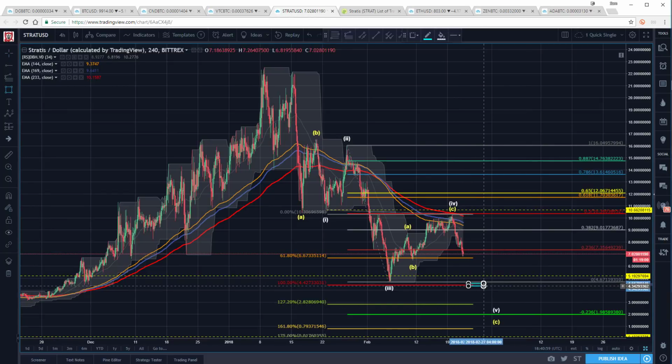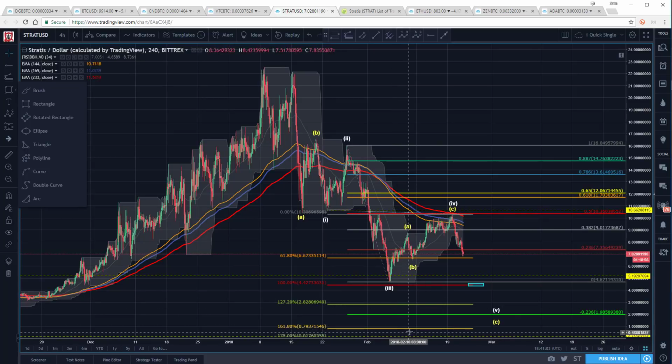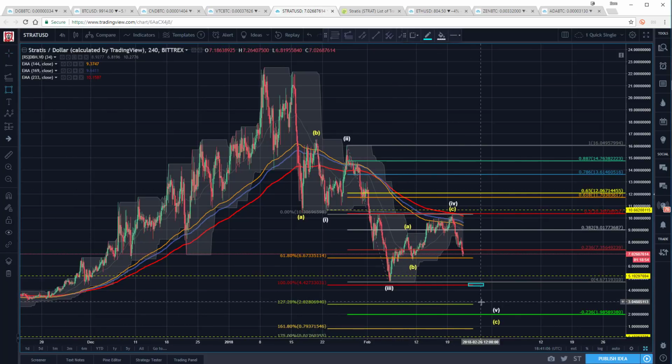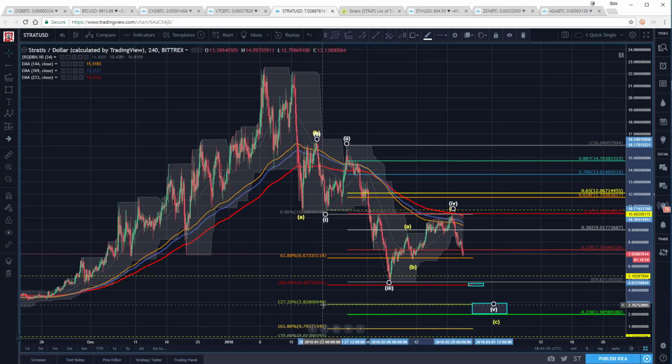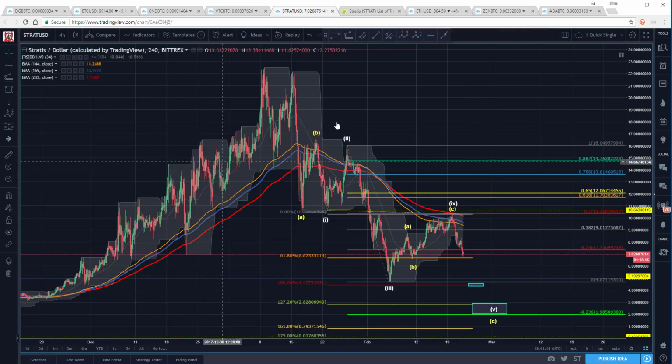100% right here. Okay, that's a common one. We also have 127, 1618. That would be an extreme. So all of these, now here we get a little confluence zone down here where we get the 1272, right? Square root of 1618, commonly seen technically.